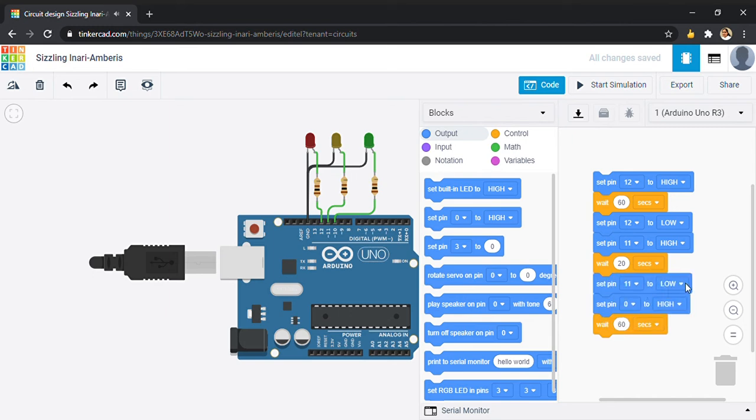We have switched off the previous one over here. So switching on the green one, we are going to see where the green one is connected, it is on 10th. So the pin over here will be 10 and set to high. And the final block you need over here will be setting the 10 to low again. And that's pretty much your code.